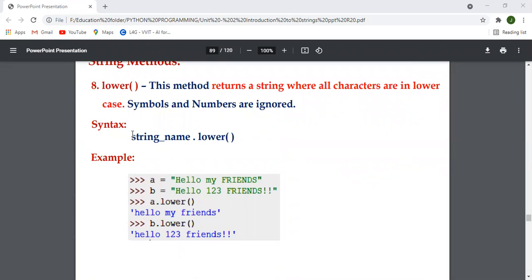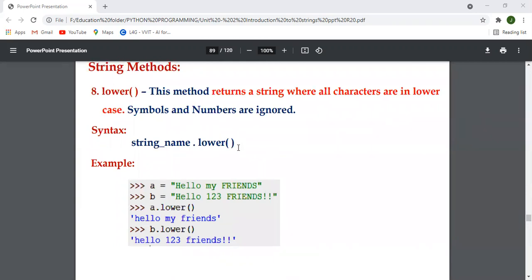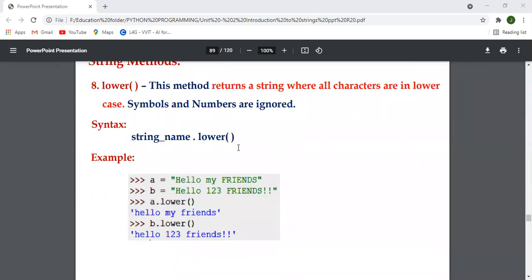Next function, lower. This method returns a string where all characters are in lowercase only. In islower and isupper, it only says either true or false, but here it changes the total string either to lowercase or uppercase. In this lower function, a dot lower gives "hello my friends".